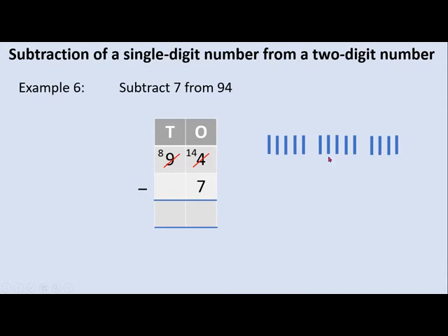Counting from left to right is just a convention. So let us do that. Let me count 7 lines from right to left. 1, 2, 3, 4, 5, 6, 7. And I will cross out these 7 lines. And to find the difference, I will count the remaining number of lines. 1, 2, 3, 4, 5, 6, 7. I will write 7 here, which means 14 minus 7 is equal to 7.